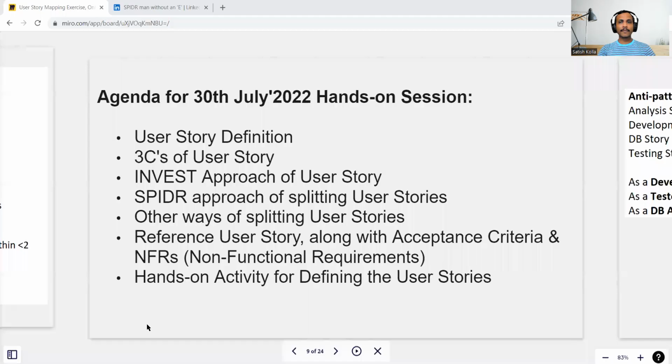Let's quickly go through the agenda. These are the topics which we are going to cover as part of the 30th July session. We'll start with the user story definition, and then the three C's of user story, how we can define the INVEST in the user story, and the SPIDR approach of splitting user stories. Thanks to Gaurav Joshi, he shared the SPIDR approach of how we can split the user stories. And then the other available ways of splitting the user stories and a sample reference user story along with the